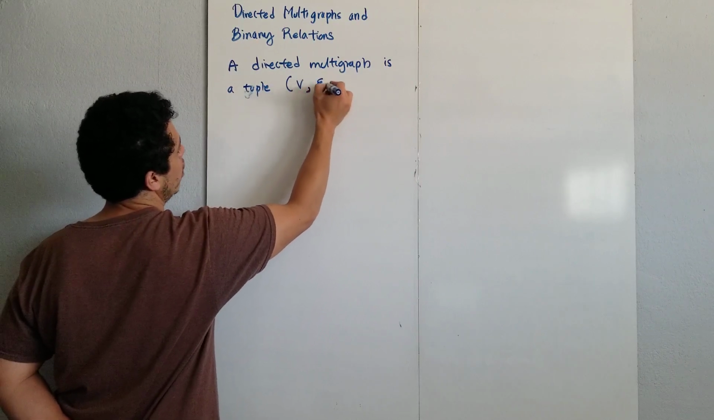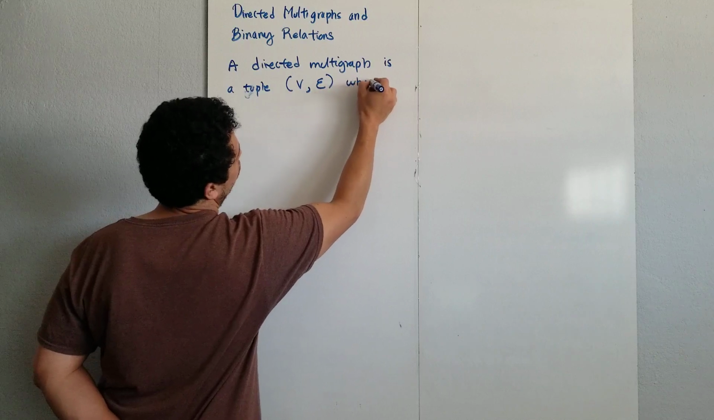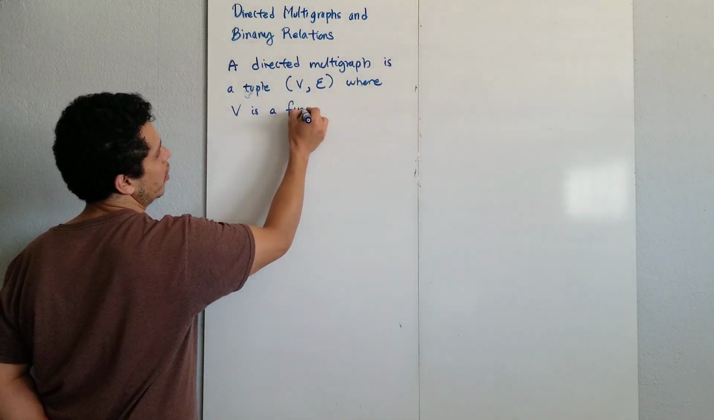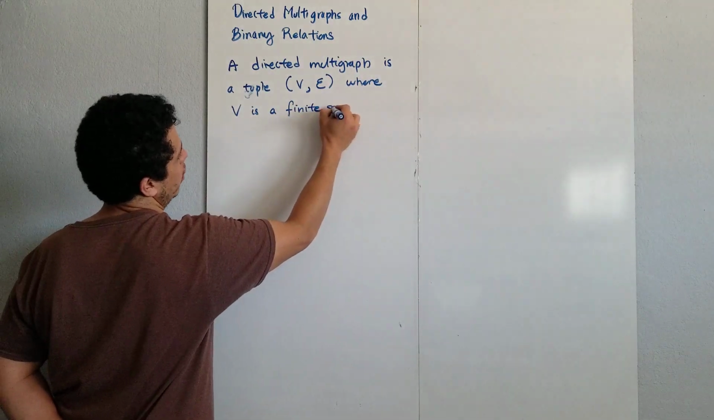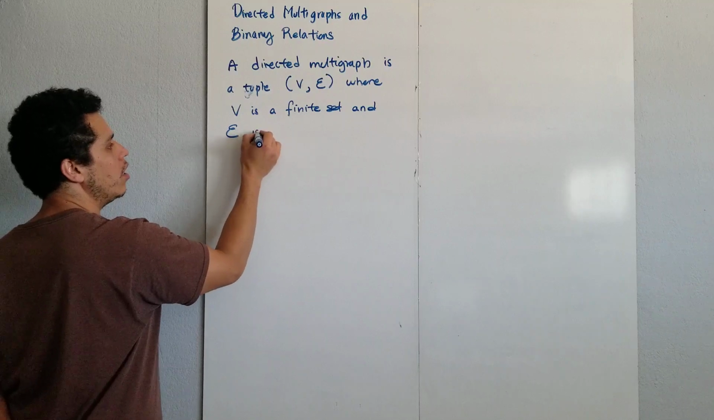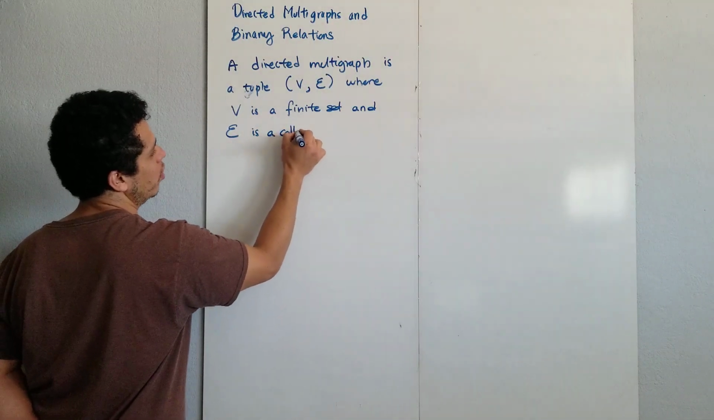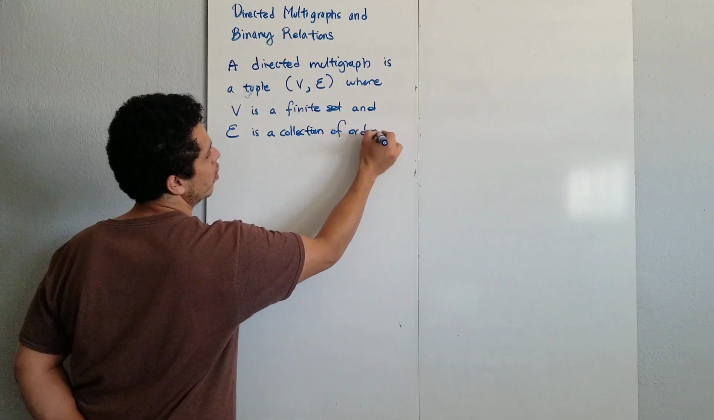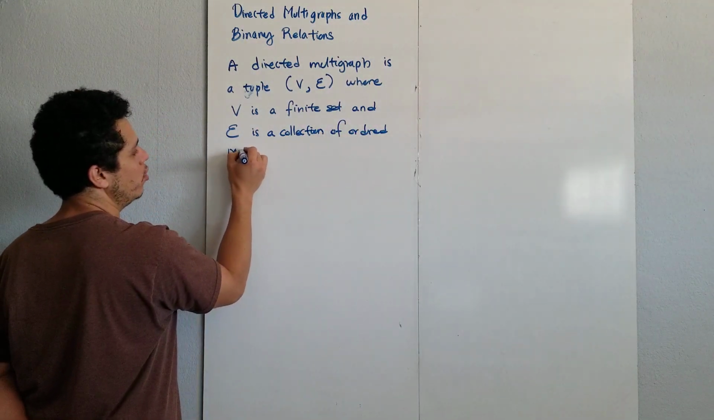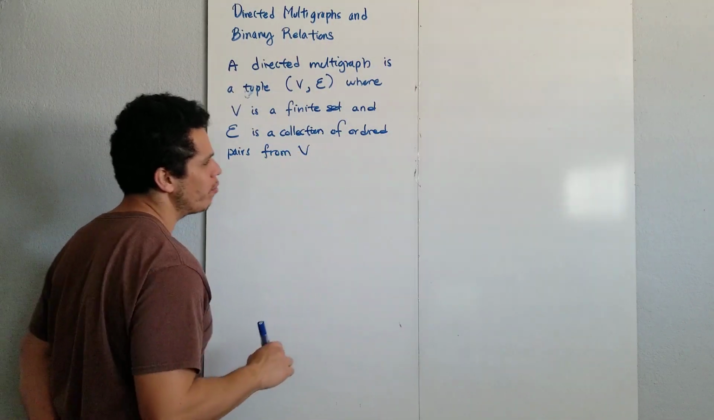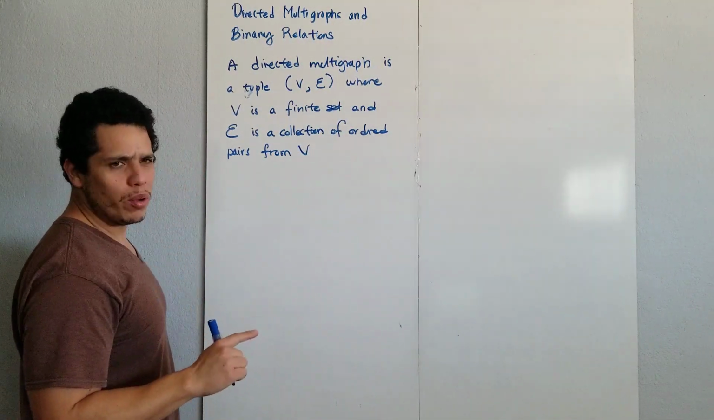V, E, where V is a finite set and E is a collection of ordered pairs from V. But once we put it this way,